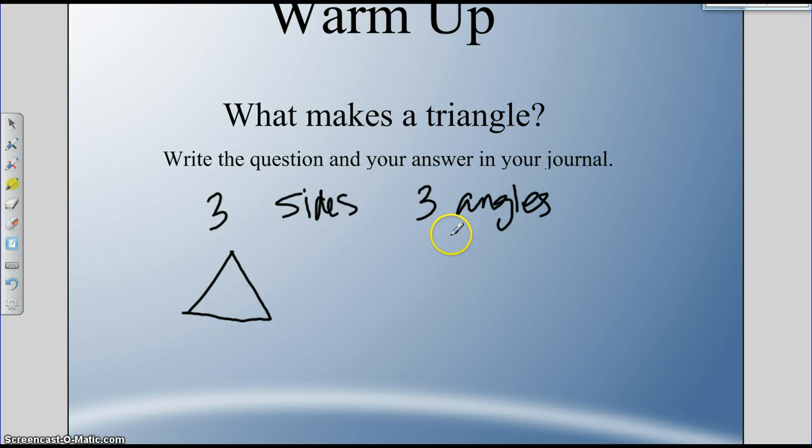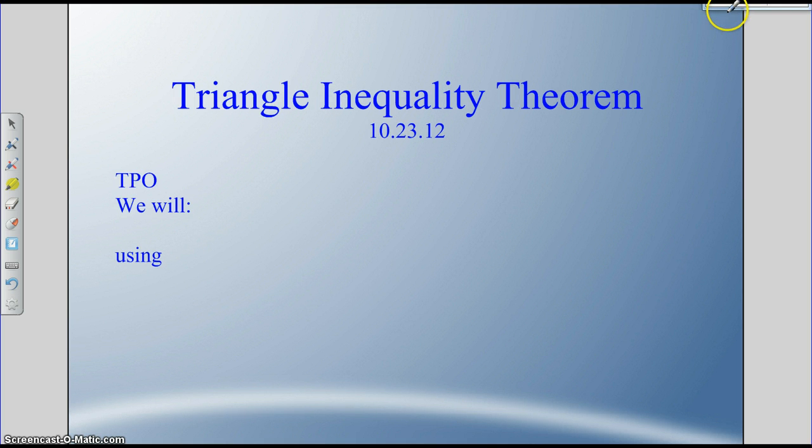What else do I know about triangles? So far so good. Well, all the angles add up to, I hope you know this, 180 degrees. Let's move on. Triangle inequality theorem. We will investigate the triangle inequality theorem using